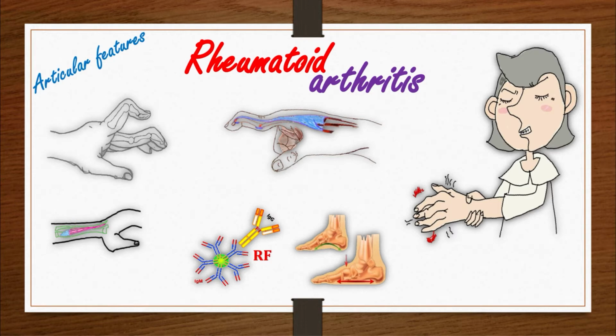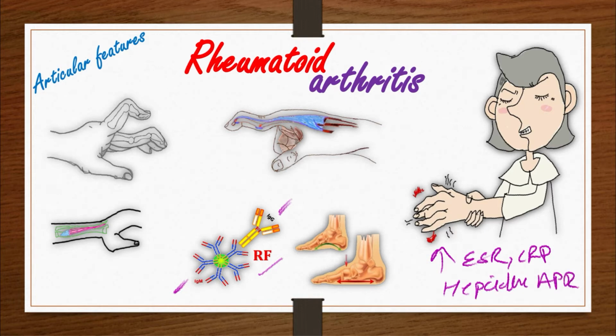We have rheumatoid factor, which is an antibody against the antibody, an IgM against the Fc portion of IgG. Also, your rheumatoid arthritis patient will have elevated levels of ESR and CRP, the inflammatory markers, and also hepcidin, the acute phase reactant. Since we know that rheumatoid arthritis is an autoimmune, chronic, symmetric, systemic inflammatory type of arthritis,